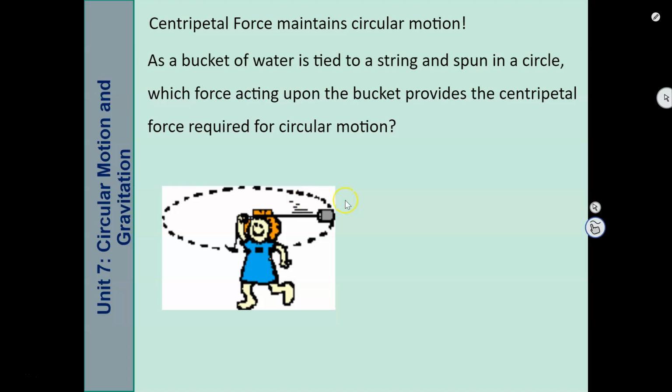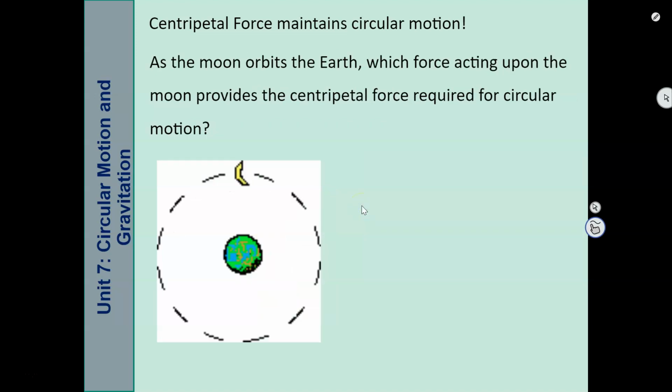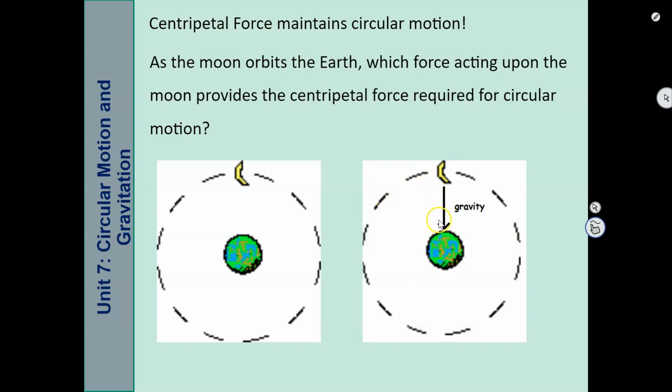Okay. Another example, it's the tension in that string or wire. So here we look at the Earth-Moon system. With this one, what supplies the centripetal force here? Wouldn't it be force gravity? Because the Moon is being pulled towards the Earth, although it wants to move in a straight line. So that's what makes it have that circular motion, to be able to move in a circular pattern.